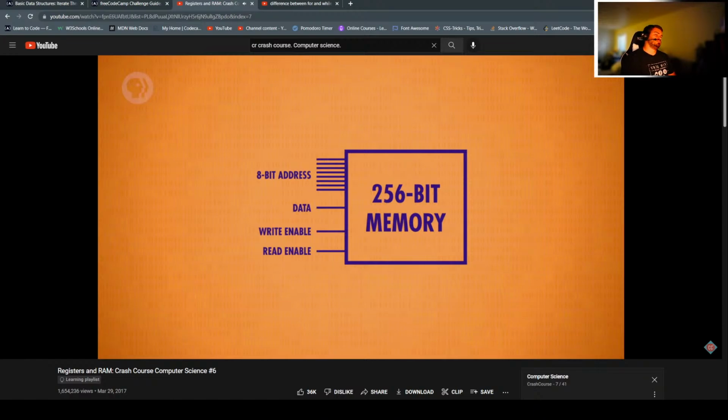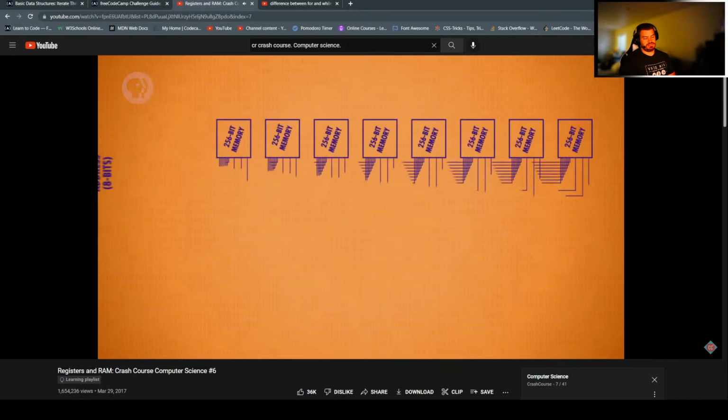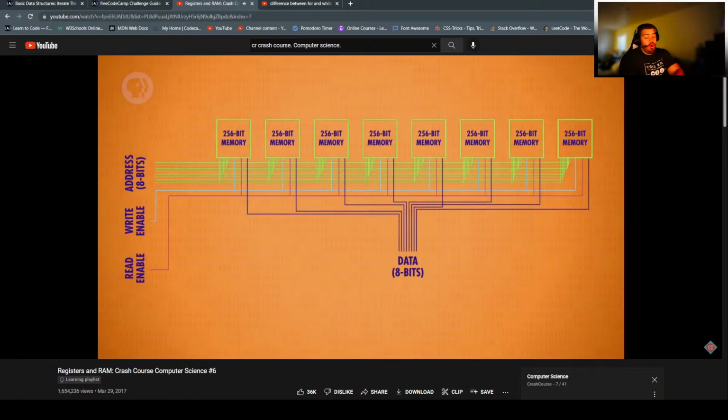Unfortunately, even 256 bits of memory isn't enough to run much of anything, so we need to scale up even more. We're going to put them in a row, just like with the registers. We'll make a row of 8 of them so we can store an 8-bit number, also known as a byte. To do this, we feed the exact same address into